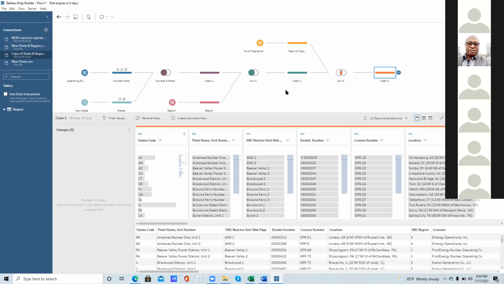So now, the next thing we want to do, let's do the calculated field here. You will see where we have clean, filter, rename field. There's also a create calculated field. Can you click on that one? Do you see it? Move to the right, go to create calculated field. Yes, I see it.